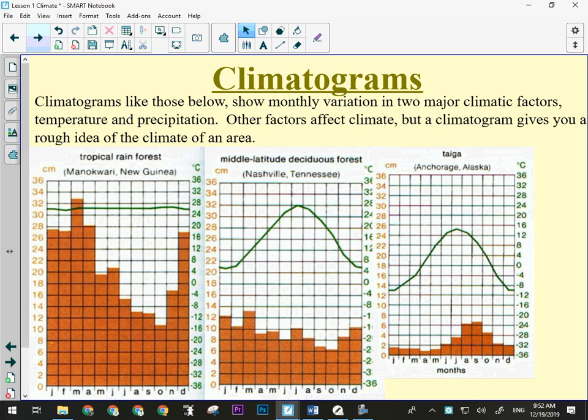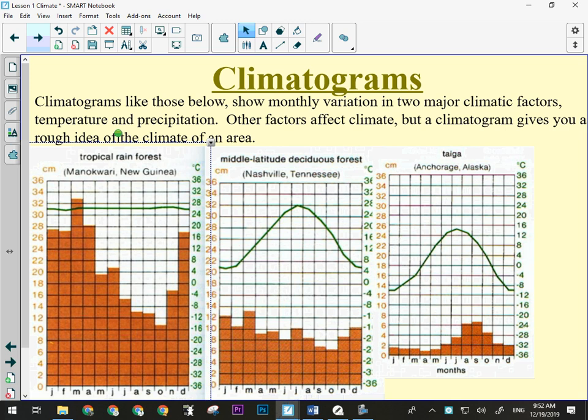So typically, a tropical rainforest does undergo a lot of flooding. Their driest month is still like 11 centimeters of rain. That would be like the wettest month of the year here. So much wetter, but there's variation in the amount. There's kind of a wet season and a dry season. But what do you notice about their temperature? It basically never changes. It stays around 25 degrees all the time.